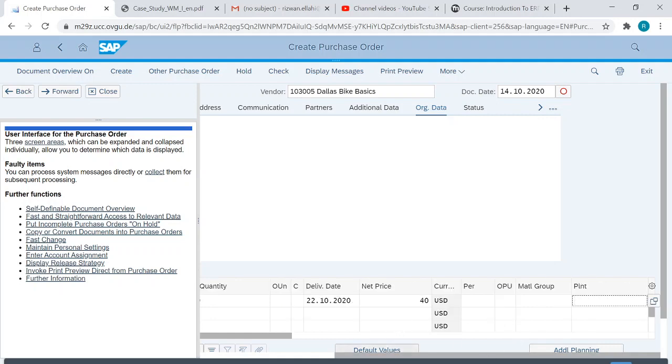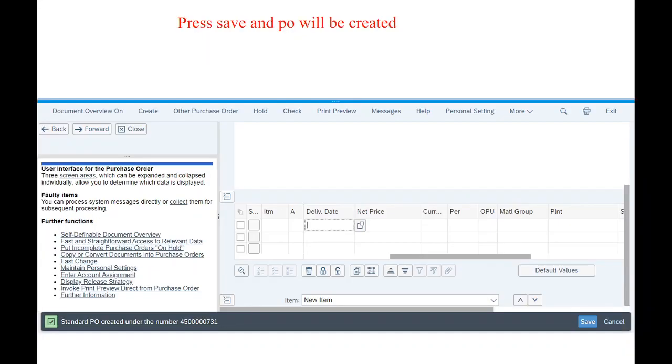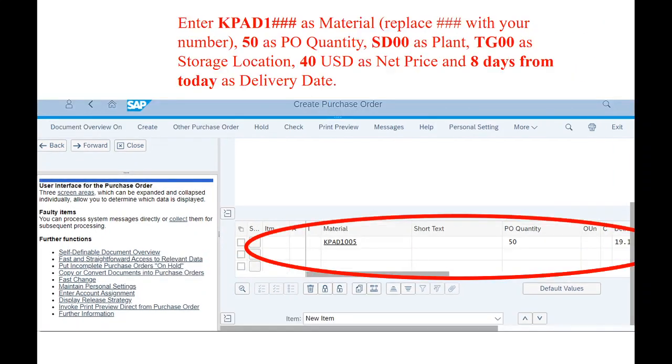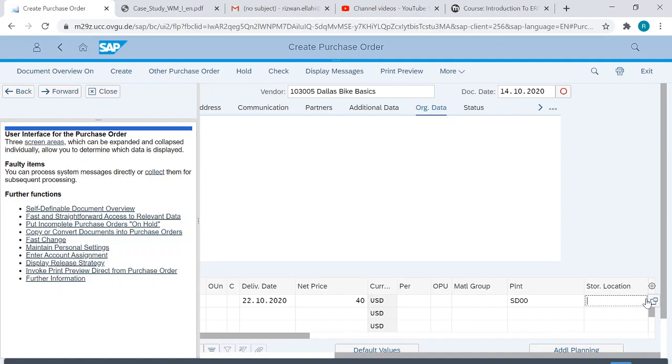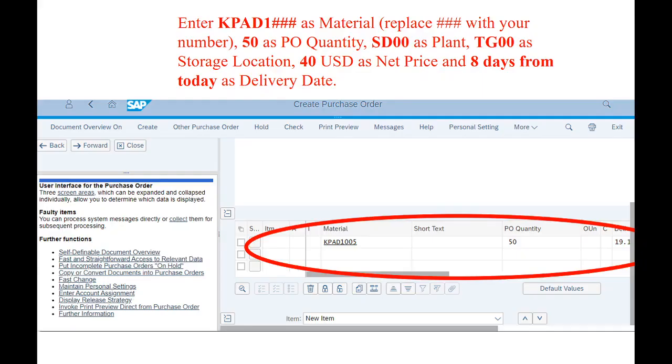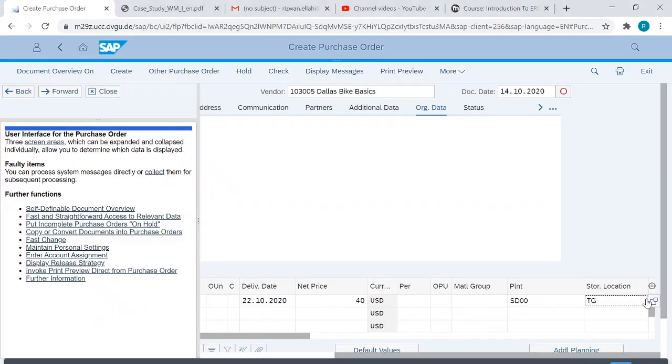Plant, what was the plant code given to us in our case study? It's SD00. And the storage location is TG00.